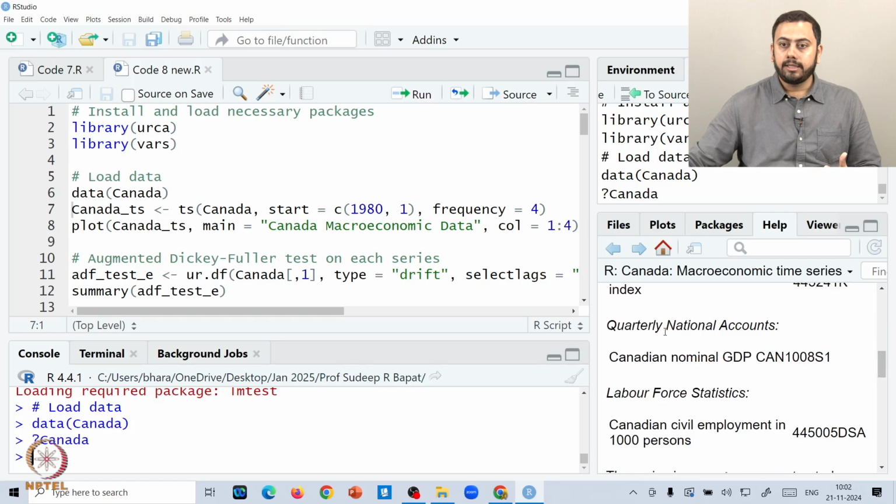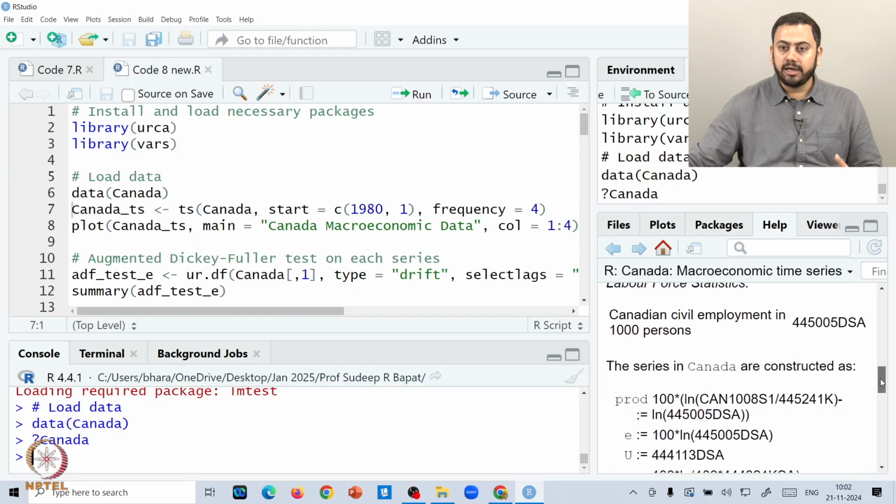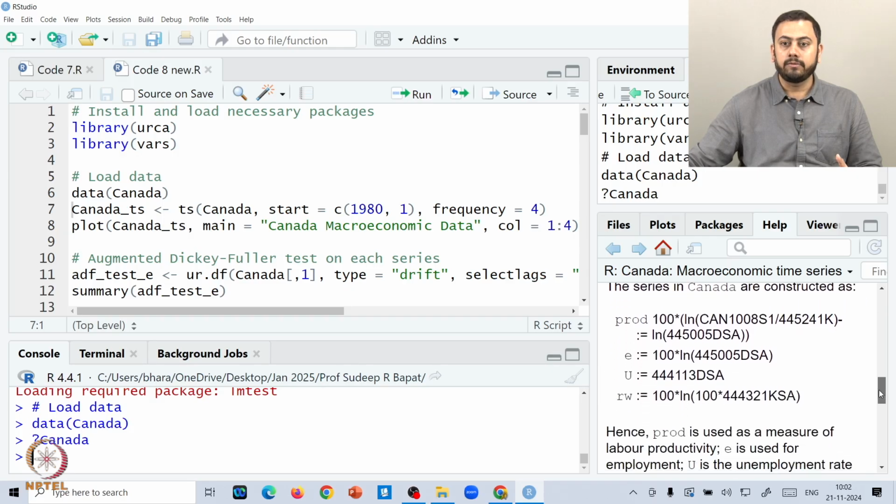The later part of the data set contains quarterly national accounts, let's say the Canadian nominal GDP. This entire data set revolves around the GDP or the underlying macroeconomic factors of Canada. The next thing is labor force statistics. One can go ahead and read all the variables involved.